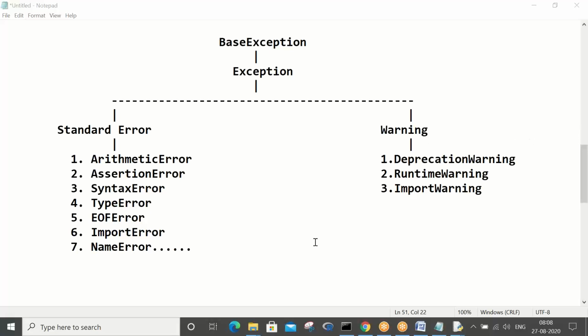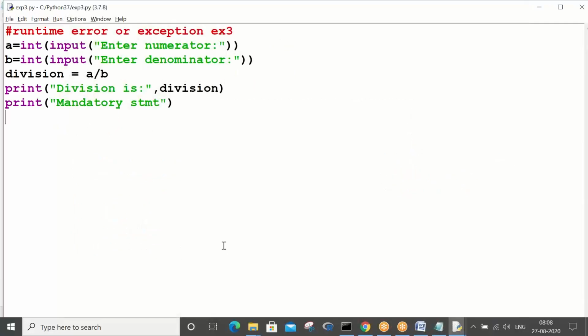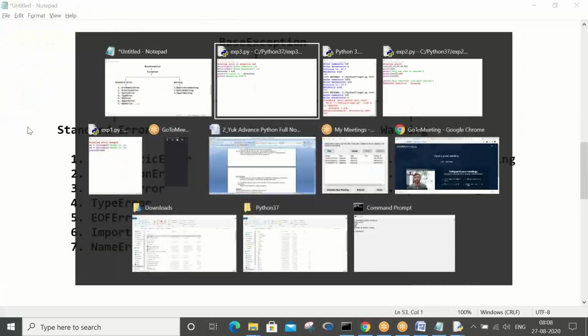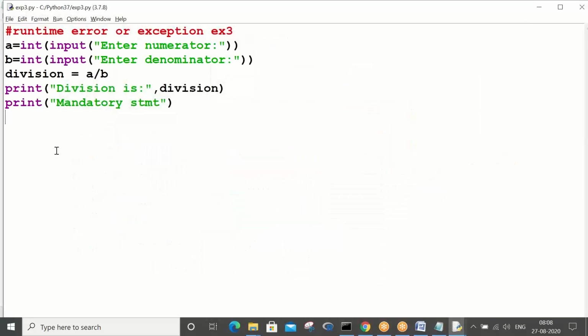Let's now go ahead and understand how we handle this exception. You saw this program, right? So how do we handle this exception problem, sir?